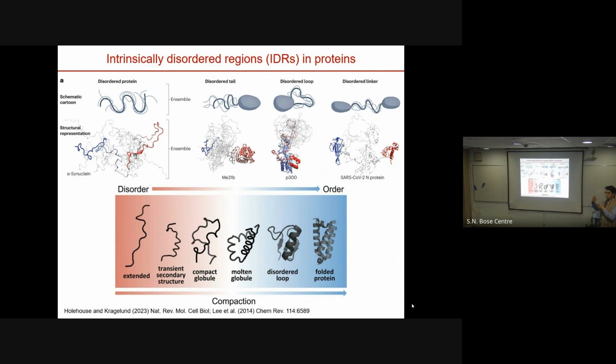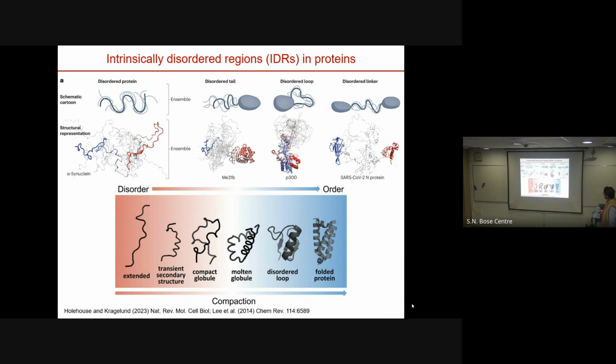Since these proteins do not have a fixed structure, maybe I should say that these proteins look like this. Alpha synuclein is a completely disordered protein. It is shown here, and you can see that it samples all these different conformations. One is shown in blue, one is shown in red, right? And then all these different gray ones, right? It's true for other proteins also, which will have a folded domain with a disordered region. For example, this one, that's the folded domain, and you see the disordered part is flopping around,